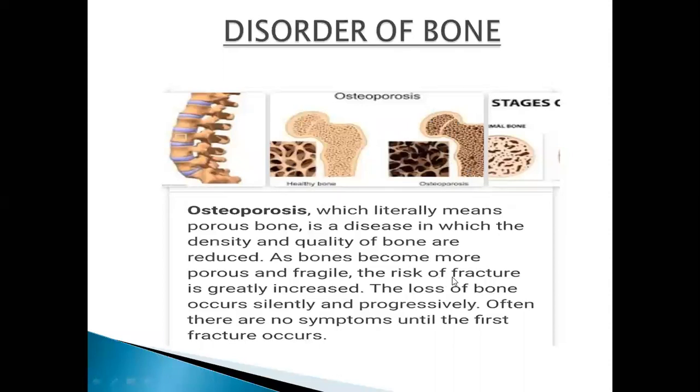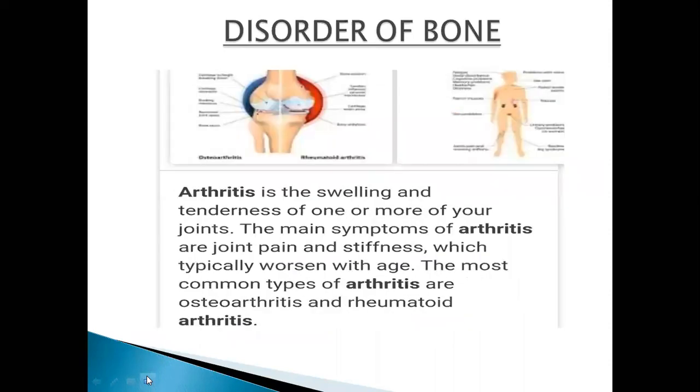So what can be the causes? You can count here. Number 1, reduced level of calcium and phosphorus. Number 2, malnutrition of vitamin C and proteins. Lack of physical activities, deficiency of estrogen hormone. So these are the certain causes responsible for osteoporosis. Are you done with this? Yes. Next to it is the